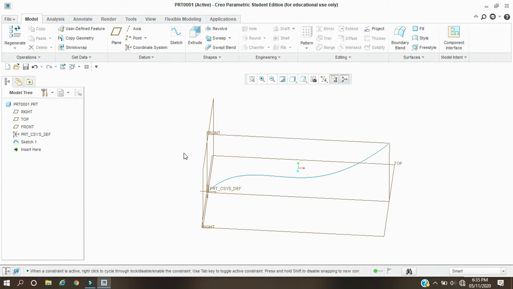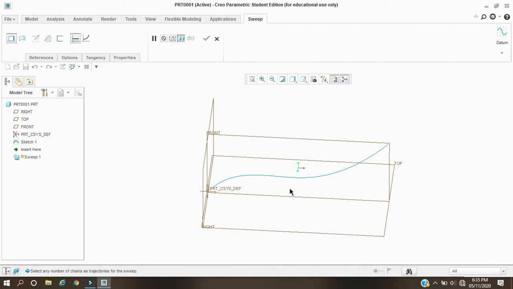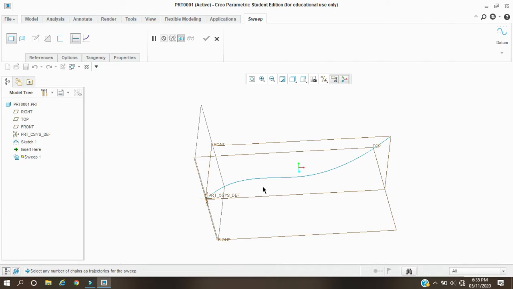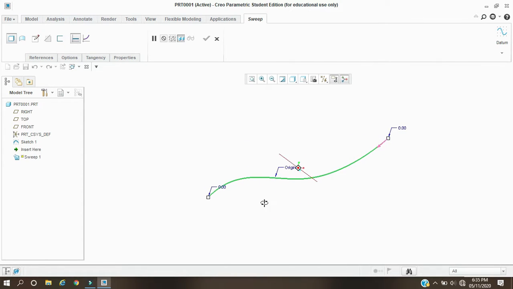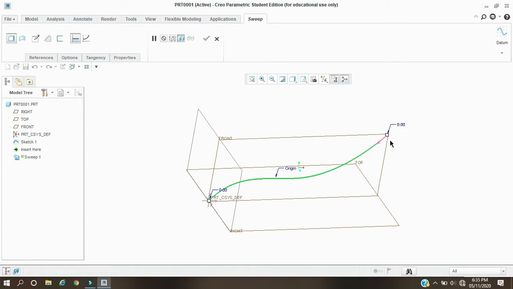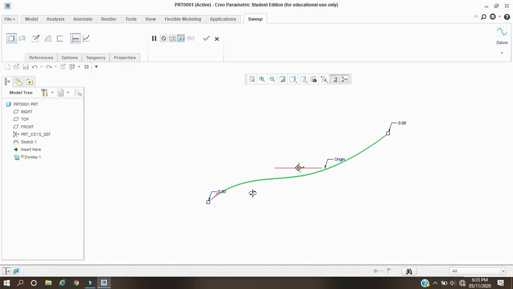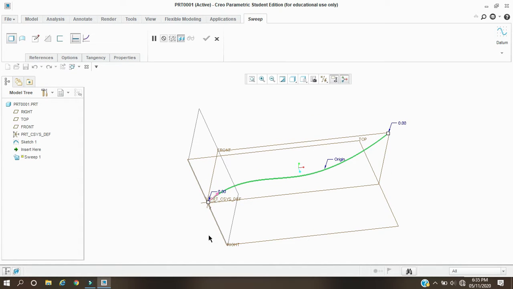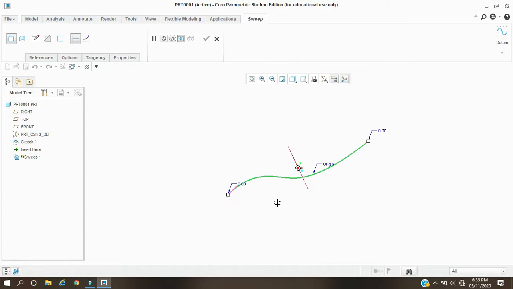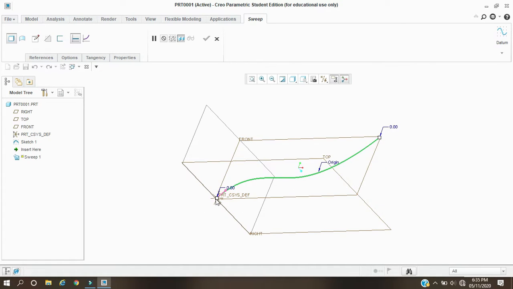First, we are going to see a single guideline or single trajectory with one section. Open the command and select the curve or trajectory. Now, this pink color line indicates the sketching plane over this point. If I want to change the location, then just simply click this point. Now the sketching plane is changed to this, and we need to draw a cross section over this point and normal to this curve.